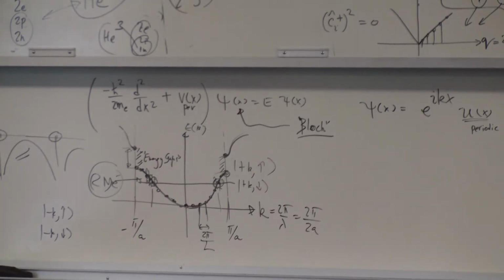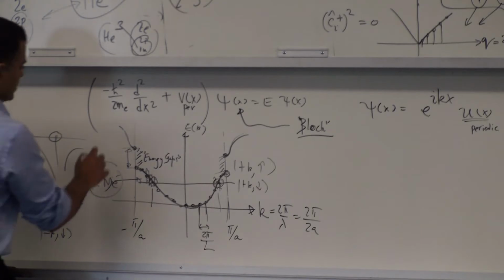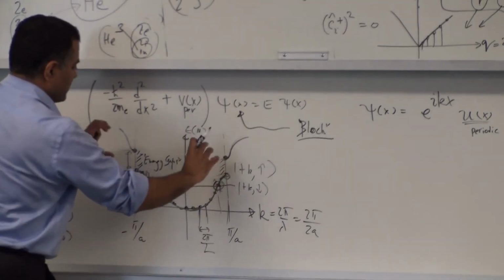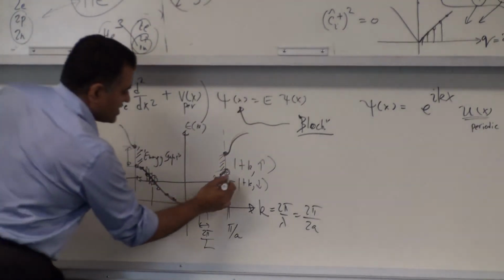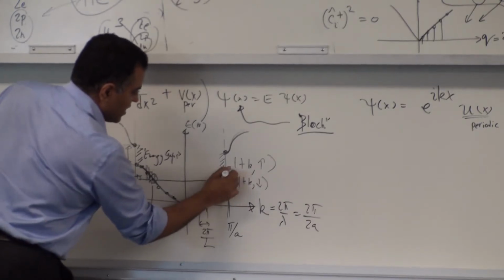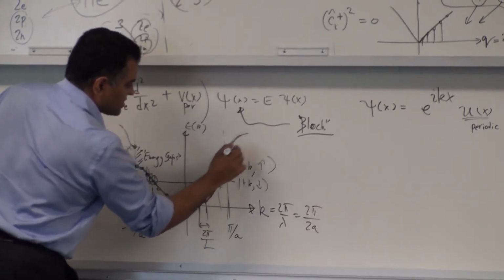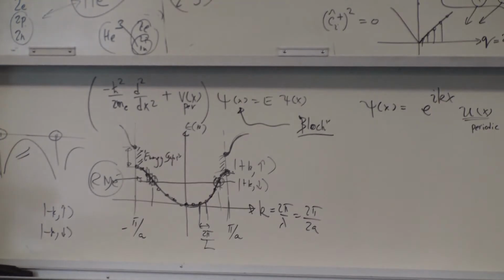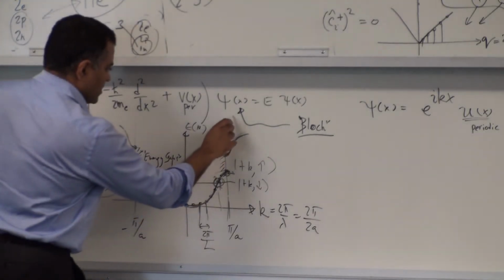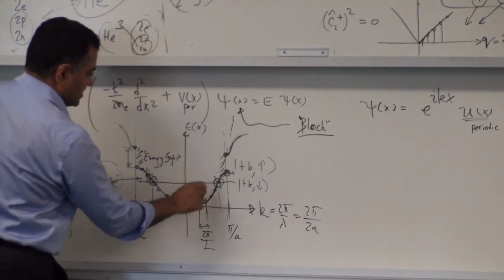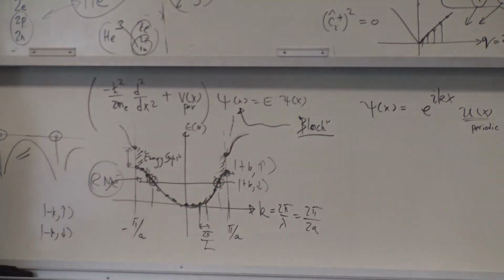So the allowed energies went from a free electron picture, which was a parabola, to these gapped regions with curvatures. And how much it curves is what's called the effective mass of that band at that point in k. The free electron was something like that, a parabola, which by definition has the same curvature everywhere. But if I take this line and make it bend like that, it has a different curvature than the parabola.